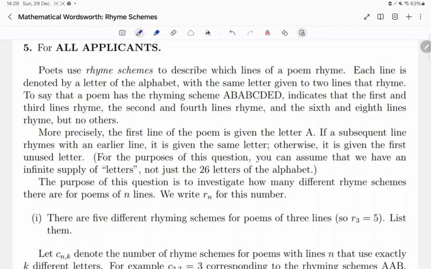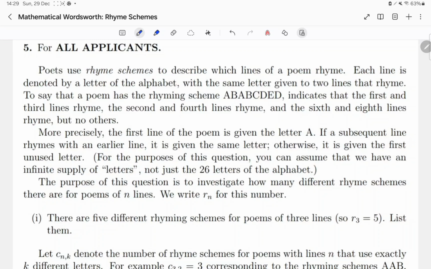Poets use rhyme schemes to describe which lines of a poem rhyme. Each line is denoted by a letter of the alphabet, with the same letter given to two lines that rhyme. To say that a poem has the rhyming scheme A, B, A, B, C, D, E, D indicates that the first and third lines rhyme, the second and fourth lines rhyme, and the sixth and eighth lines rhyme, but no